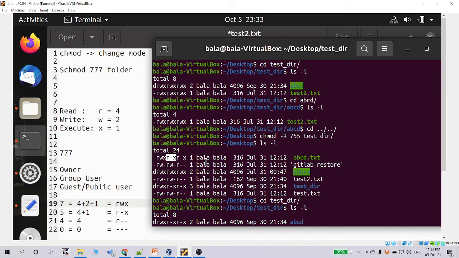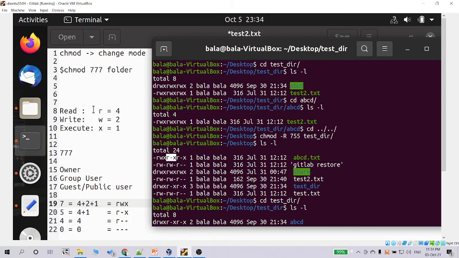This is actually for permission and security purposes. We are supposed to know about these things in a clear way. So don't give 777 for all the folders and files. You have to make sure whether this particular file can be accessed by a system user, or whether it can be allowed for public users, like uploading files or access by remote users. So be careful when you give permissions for your folders and files.